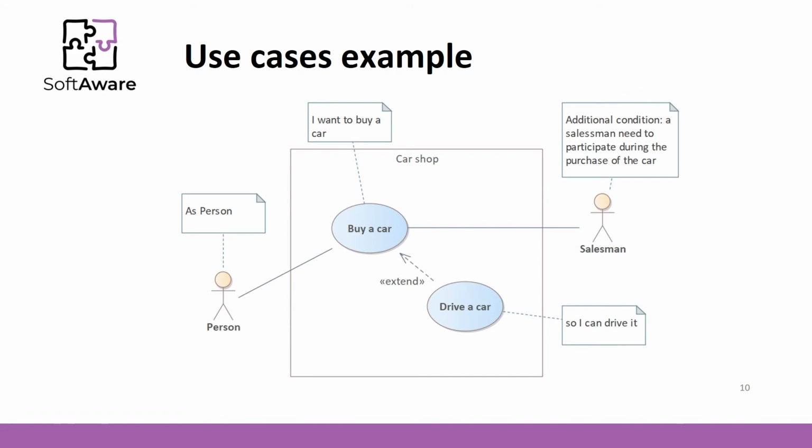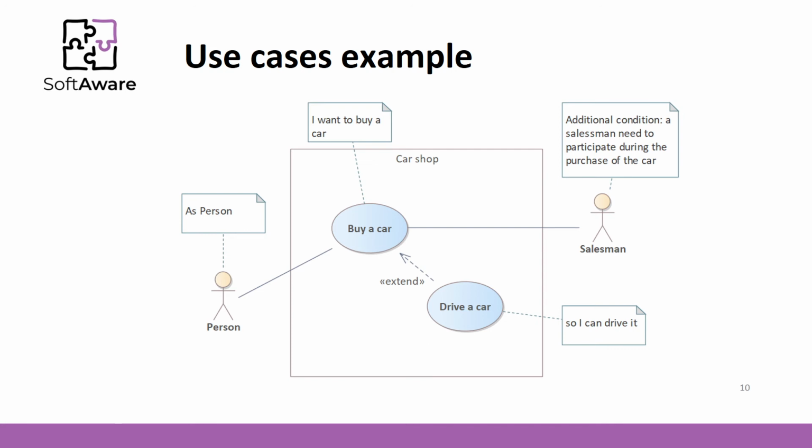Now remember our example about requirements of buying a car. As a person, I want to buy a car so I can drive it. Actors in UML are described as so-called stickmen. For the part as a person, we only need to create a stickman and call it a person. For use cases, we have to create bubbles with activities written inside them. Every use case starts with a verb. In our example, a person has an activity, buy a car. Then, drive a car is another use case of a person.